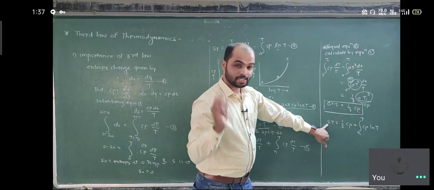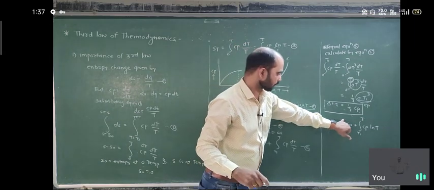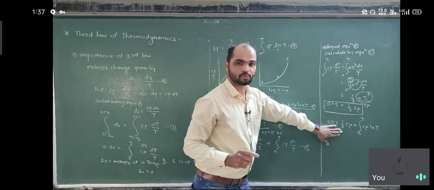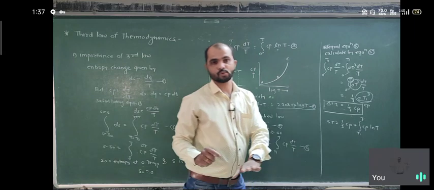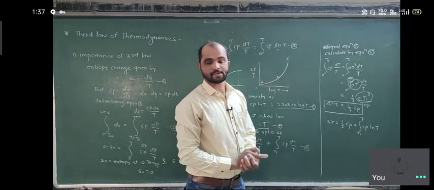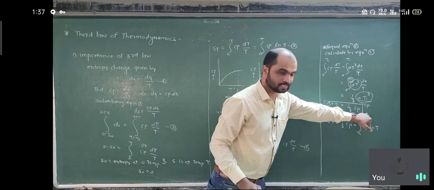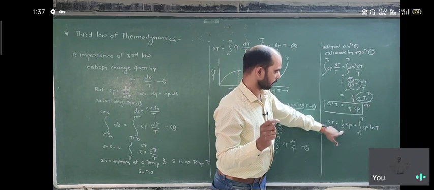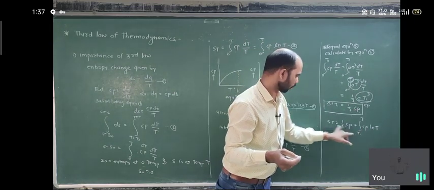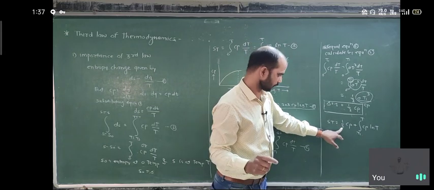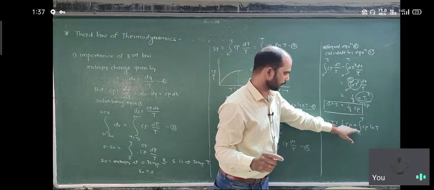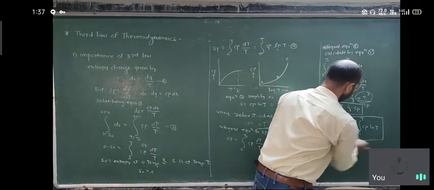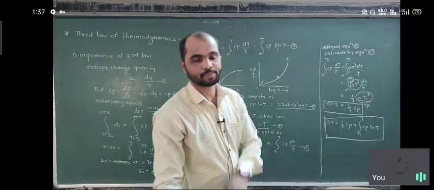So the entropy at temperature T is considered as 1/3 Cp plus the integral from T1 to T. At 0 we consider this value, but we already know that measuring the entropy below 15 Kelvin is difficult. That's why we consider T1 and T as the temperatures: this value for 0 to T1, and for T1 to T we get this value. So St, the entropy at temperature T, is equal to 1/3 Cp plus the integral from T1 to T of Cp d ln T. Using this equation we calculate the entropy at any temperature.